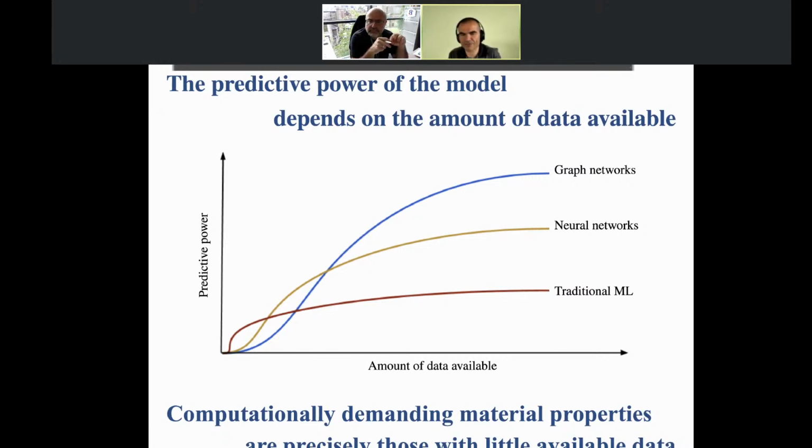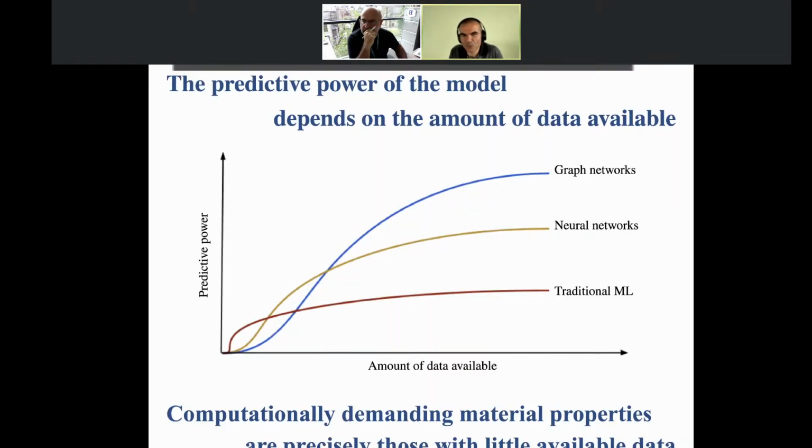The problem that we are facing as material scientists is that precisely the places where we would like to use the machine learning is the places where it takes a lot of time to do the computation, because otherwise our computation is already a good prediction of the properties of the materials, and we don't need the machine learning.